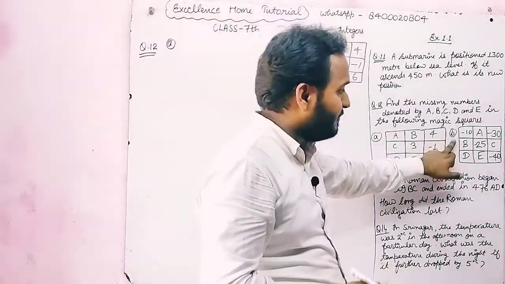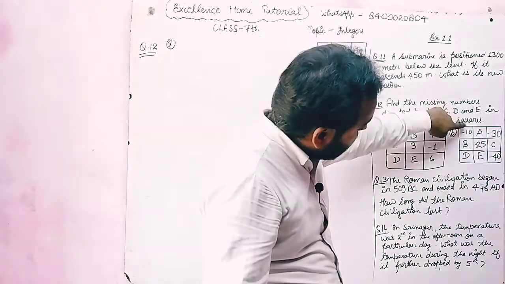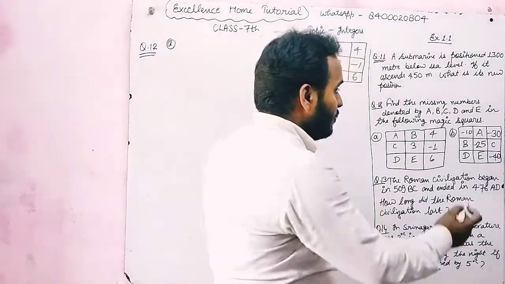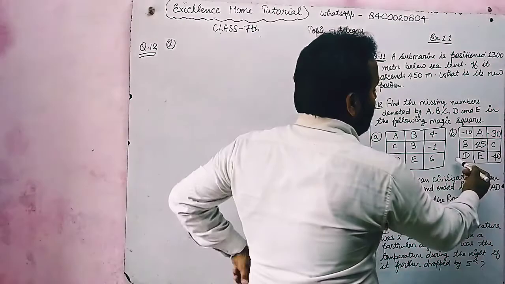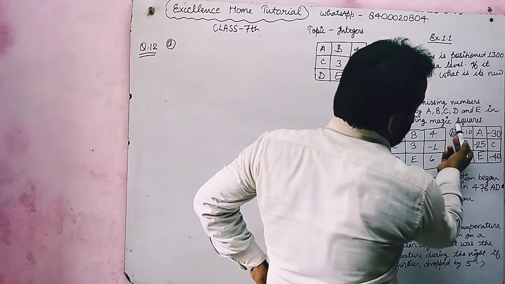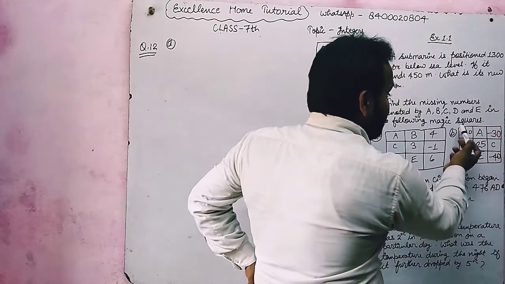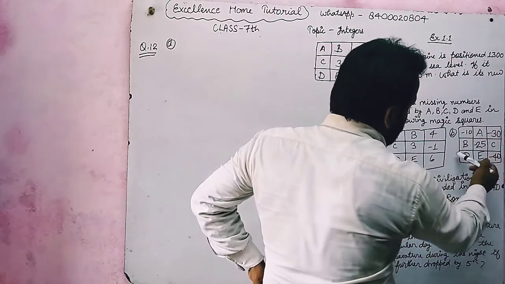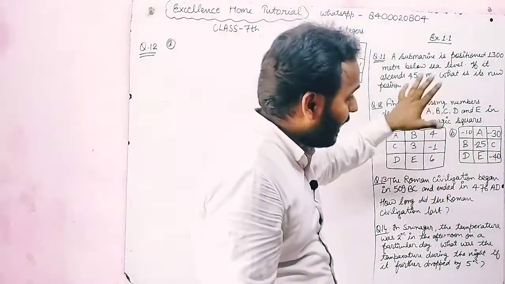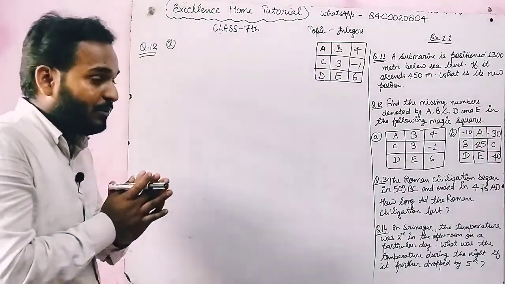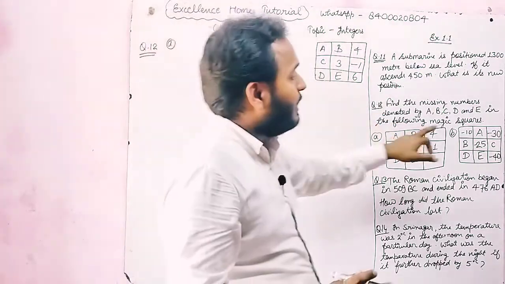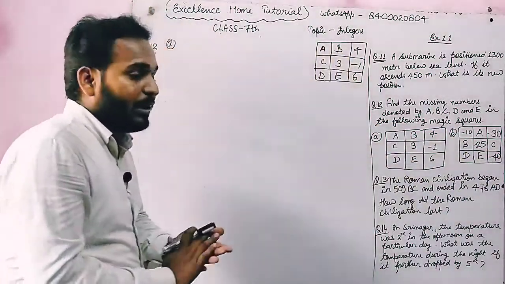And similarly, in section B, we have observed that column first 2 unknown numbers, column second 2 unknown numbers, column third 1 unknown number, row first 1 unknown number, row second 2 unknown numbers, and row third D and E 2 unknown numbers. So moving on, diagonally represented numbers, that is diagonal first -10, -25, -40. These 3 numbers are given. In diagonal second, 1 unknown number. So in this question, we have to take diagonally represented numbers for our calculation. So you have to remember it. There 3 numbers are given. You have to take this calculation.